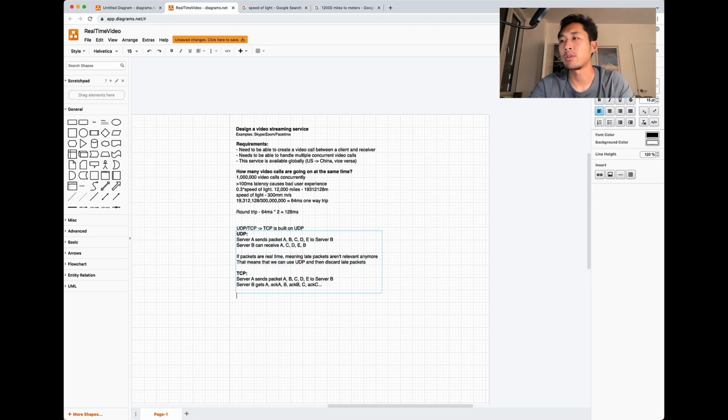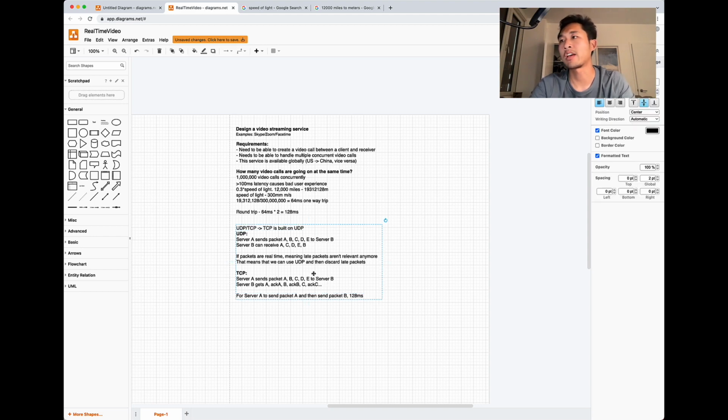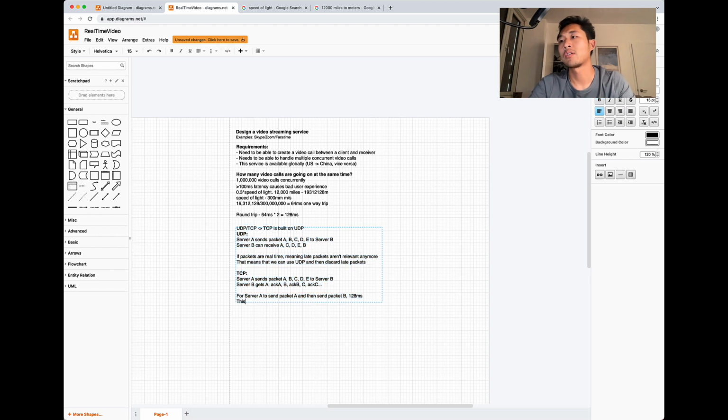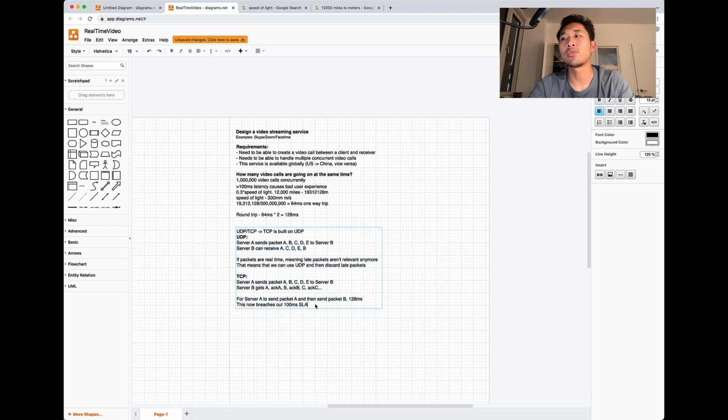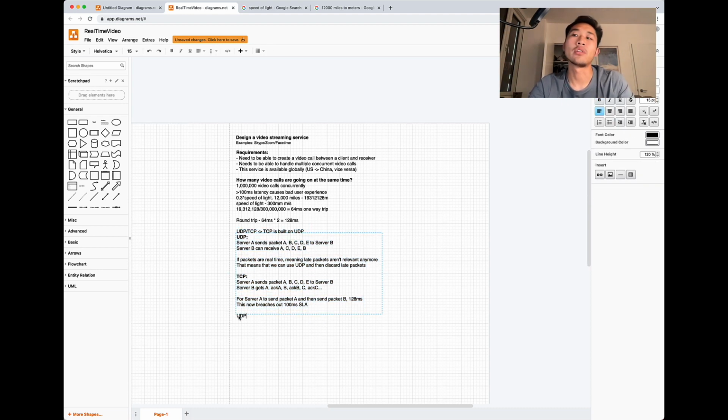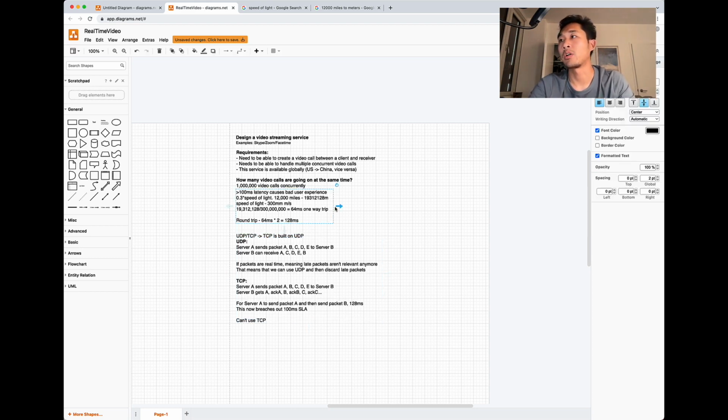So this is where it gets really important, because for server A to send packet A and then send packet B, it needs to wait for packet A to come back, which comes back to 128 milliseconds, which now breaches our 100 millisecond SLA, which is the service level agreement between these two servers. So that means we basically ruled out that we can use TCP for this video calling use case.